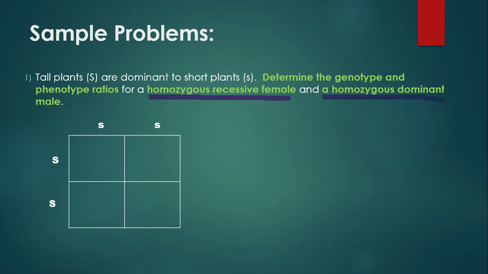This time, the homozygous dominant male is expressed in both capital letters. Now, in writing the results, you should write first the capital letter. Okay, that is the rule: to always write the capital letter first. So, we write